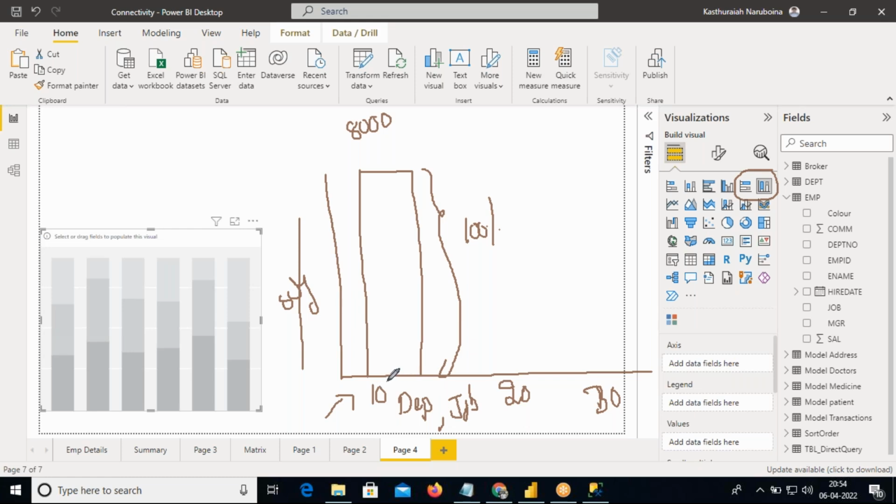How many jobs are available under the 10th department? There are three jobs, right? So, clerk, president, and then manager. So 8,000 will be considered as a 100% salary, and in that 100% salary, how much are we paying to clerk, how much to president, how much to managers. If you want to show it in this particular presentation, then we prefer